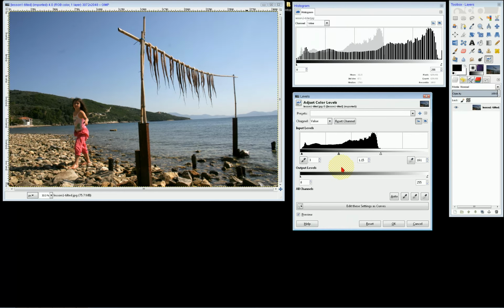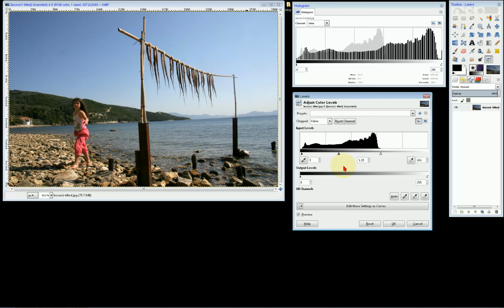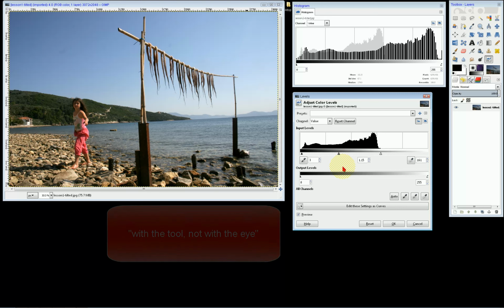Now, further down the levels dialog, there are a few things, but I suggest that a beginner should stay away from them. I will now try to explain the idea put in the beginning of this lesson with the tool and not with the eye.